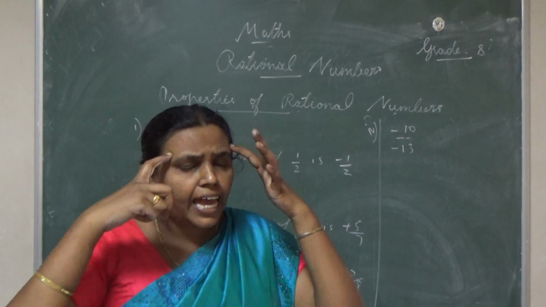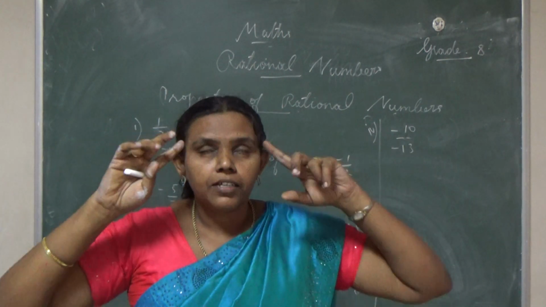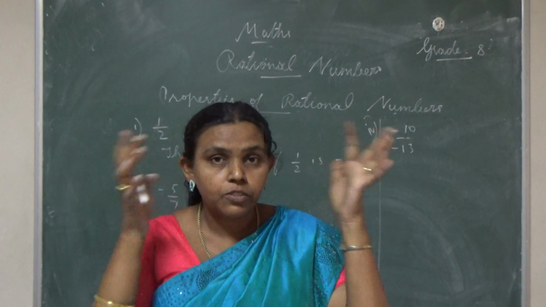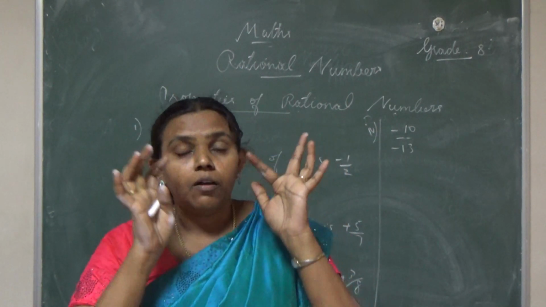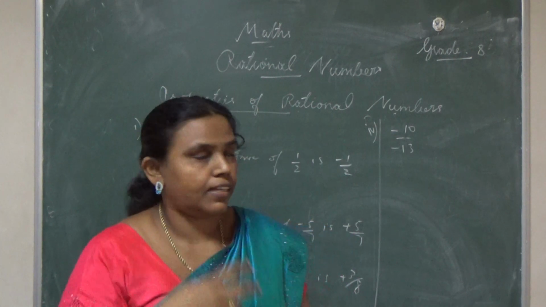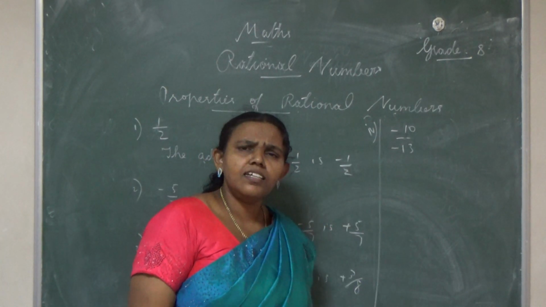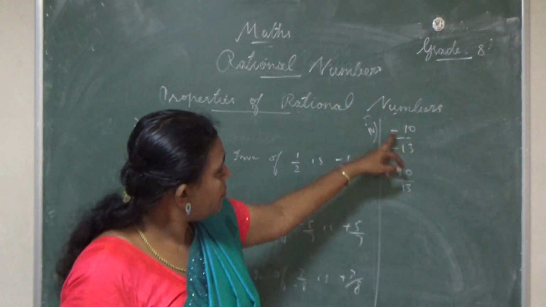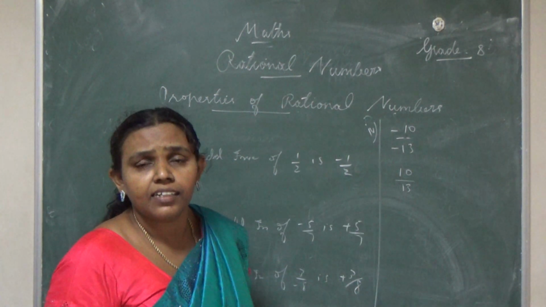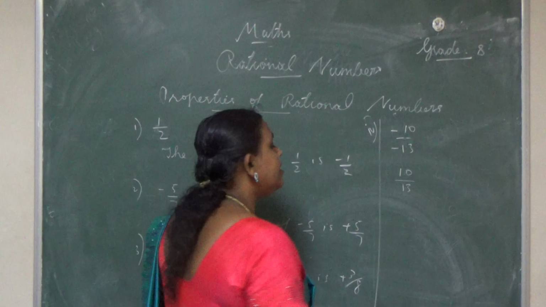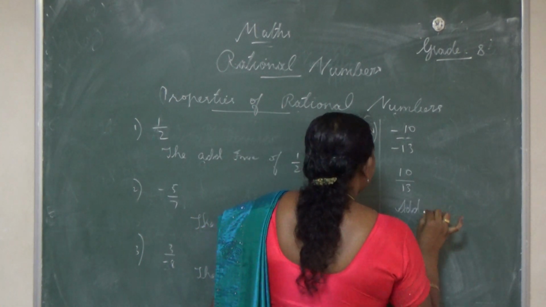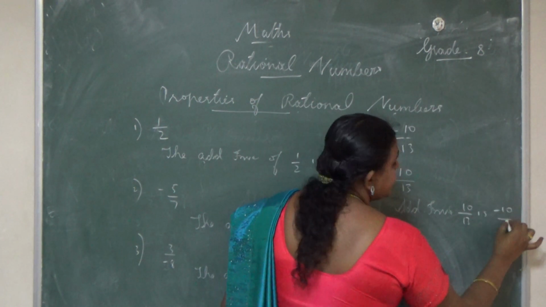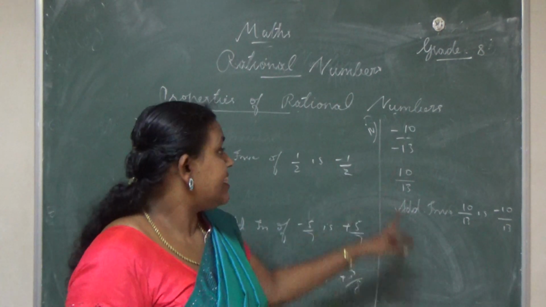So by using that, bring that in mind. Positive rational number means numerator and denominator have same sign. Negative rational number means, as you learned from 7th standard, numerator and denominator have different sign. So here numerator and denominator have same sign. So what is this rational number? This is a positive rational number. Am I right? So minus 10 by minus 13 is 10 by 13. This is a positive rational number. So what is the additive inverse of 10 by 13? Minus 10 by 13. Okay, this type of problems.